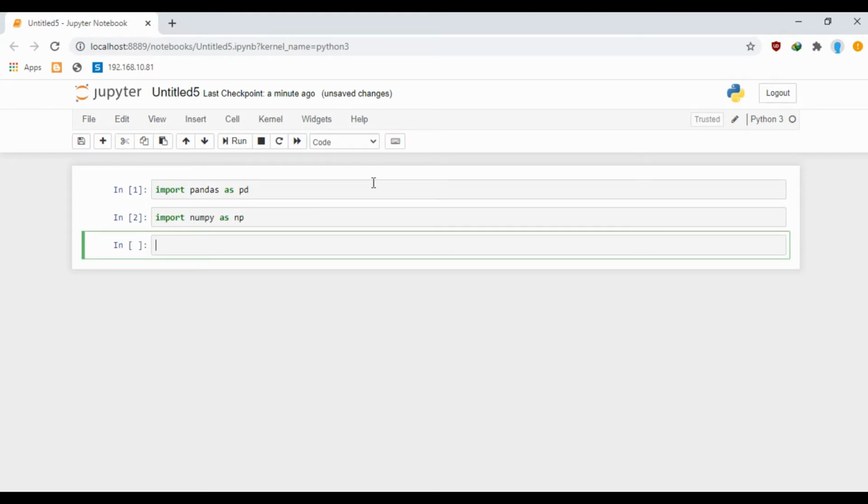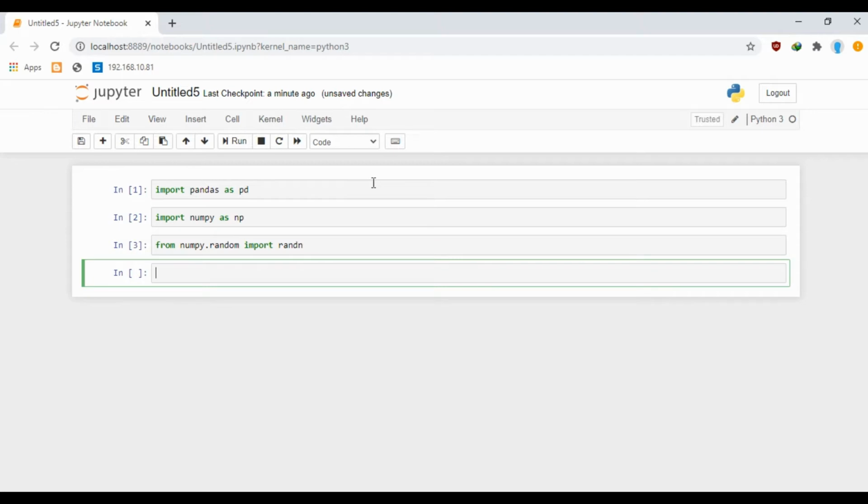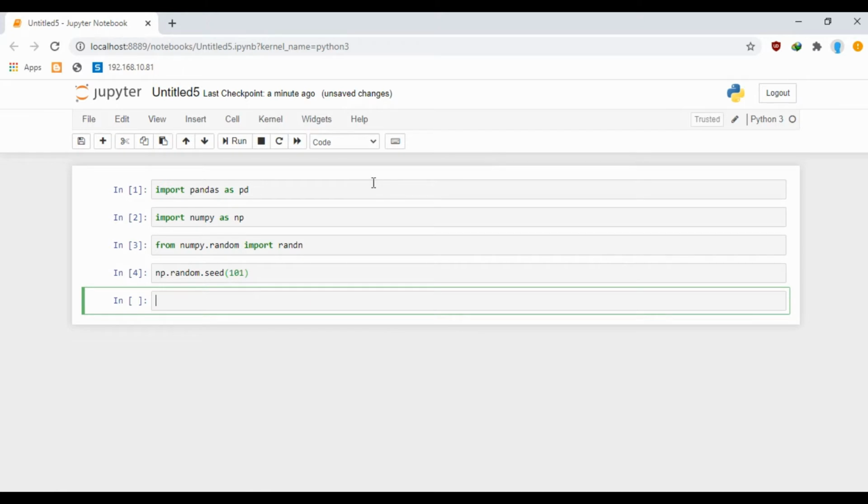So now I want to create a data frame, so for that I am going to import random numbers from the numpy library. Now I am going to show you how we can create a data frame. Let's create a variable to store our data frame. To create a data frame, you type in DataFrame. Take a look at the capital letters carefully. The D and F will be in capitals.